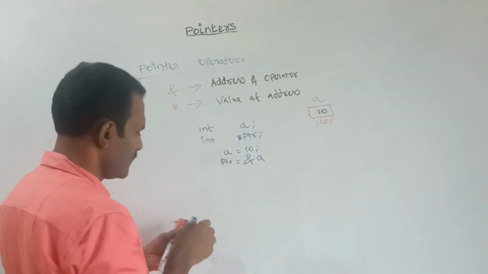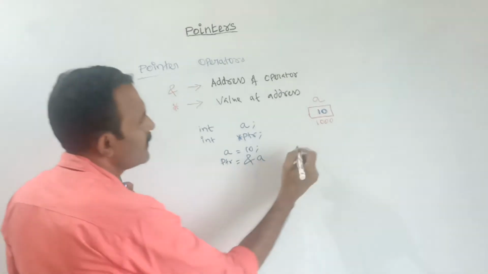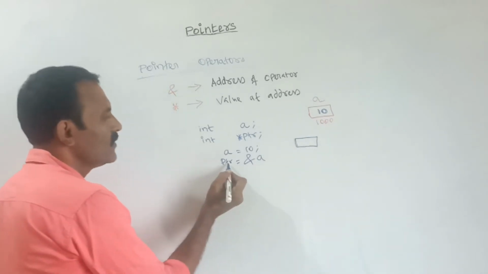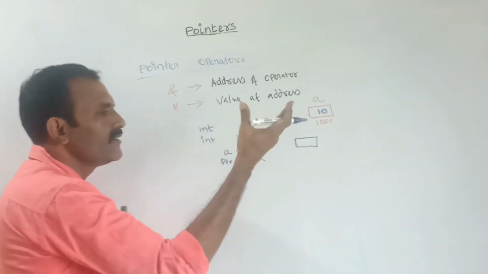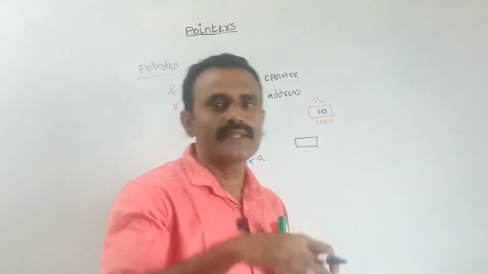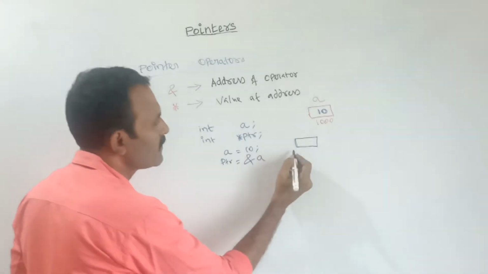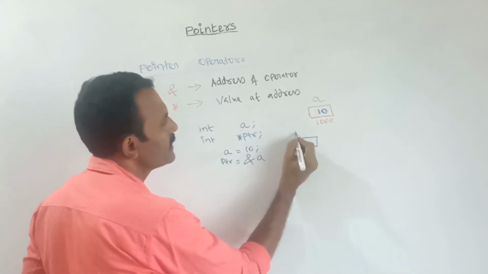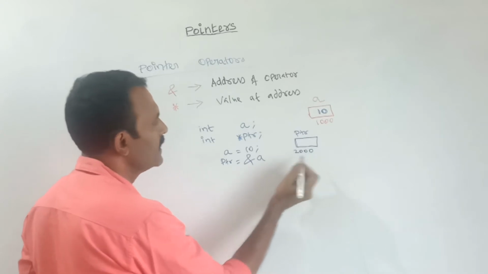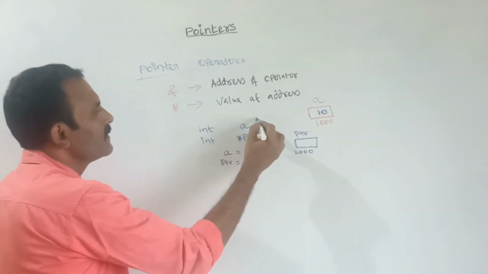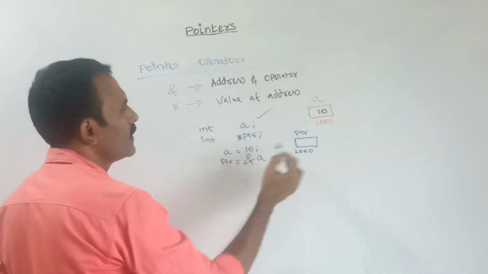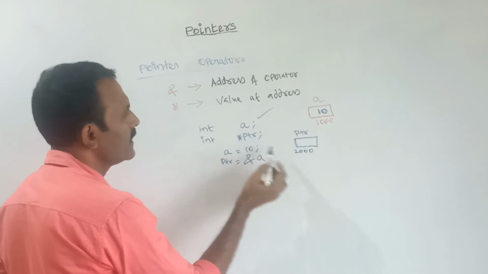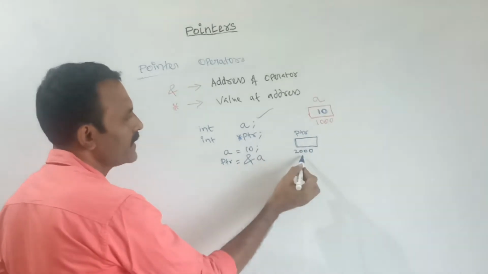Next, for the pointer also, while declaring, the pointer also has a location, that is, it has an address. For example, let us assume 2000. What is the address of this pointer? 2000. See here in this declaration. Next, a is equal to 10 I can store. Next, for the pointer variable, 2000 is the address of this pointer variable.